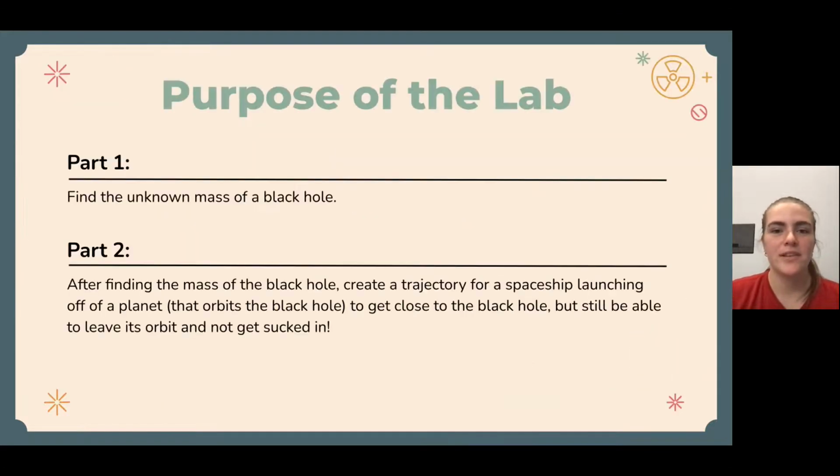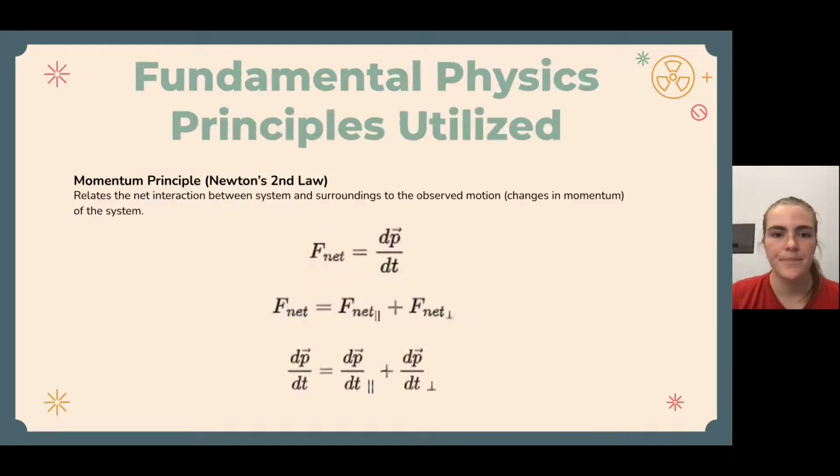A quick introduction and the purpose of the lab: in part 1 is to find the unknown mass of a black hole, and in part 2 we utilize the mass of the black hole to create a trajectory for a spaceship to get close to the black hole but still be able to leave its orbit and not get sucked in. Some of the fundamental physics principles utilized are the momentum principle, where F net is equal to dp dt,